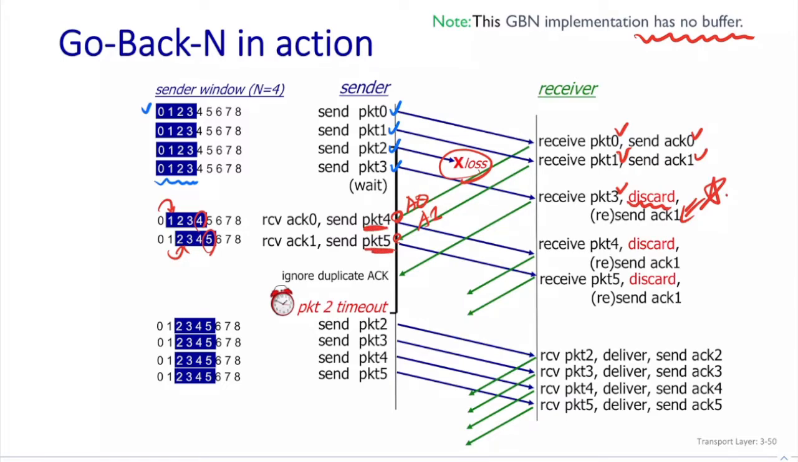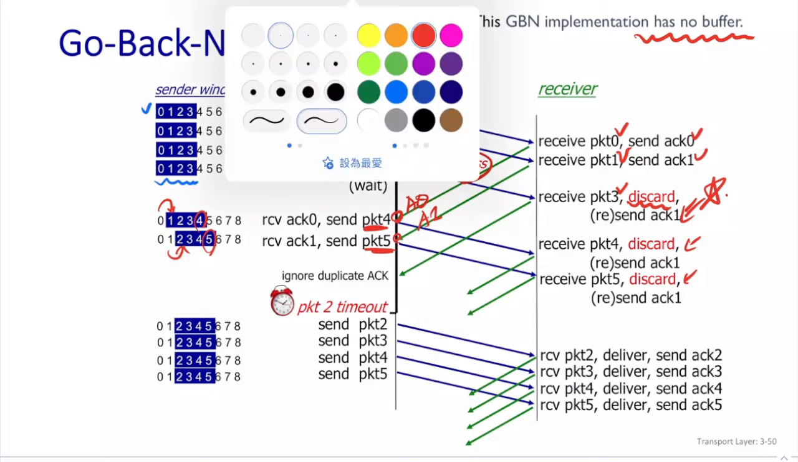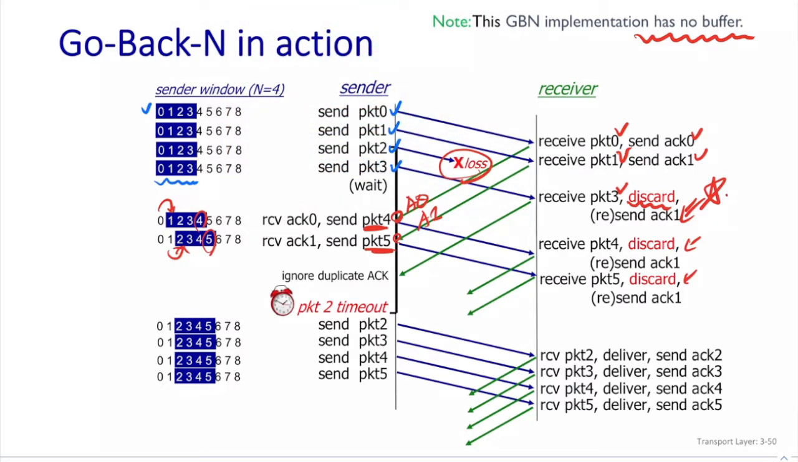So even if packet number 4 and then number 5 arrive at the receiver, we can simply discard them and resend ACK number 1. As we mentioned before, when we move the window, you have to set up a timer, which right here is T2. So when you move your window to packet number 1, you need to